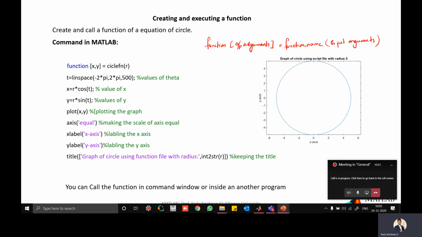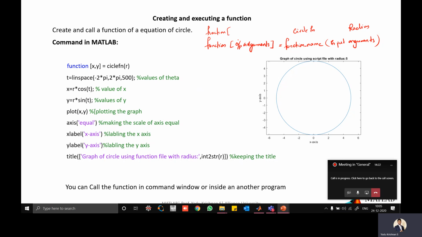It is not necessary that it is only one value. It can be n values, depending on what kind of problem it is. So here the input argument is the radius in this particular problem. Remember this syntax. For the function name, I can give circle function. I write function, it has to be there, and then the output argument.